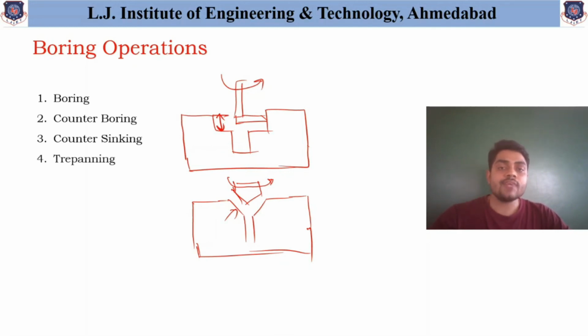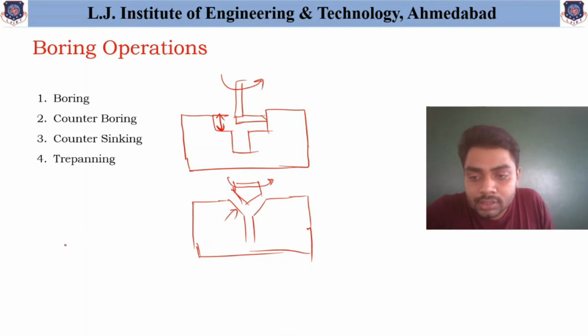Suppose I say to you that I want to make a hole in a sheet up to 1 meter diameter. For 1 meter diameter, it is difficult to use a drill tool because its manufacturing will be difficult, and also to handle this much drill bit, different drilling machines are required that are also difficult. So to enlarge very large diameter holes, this tapening operation is used.